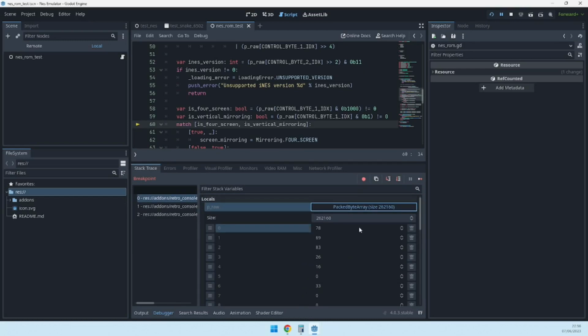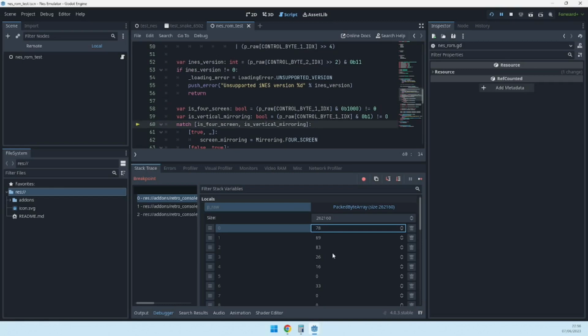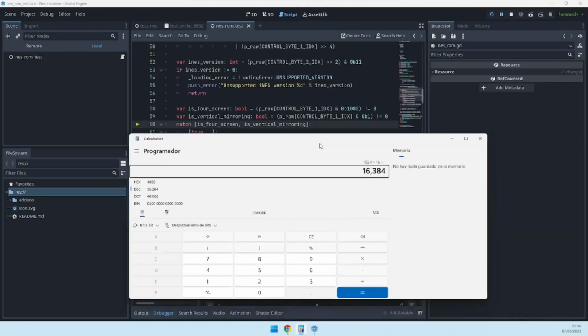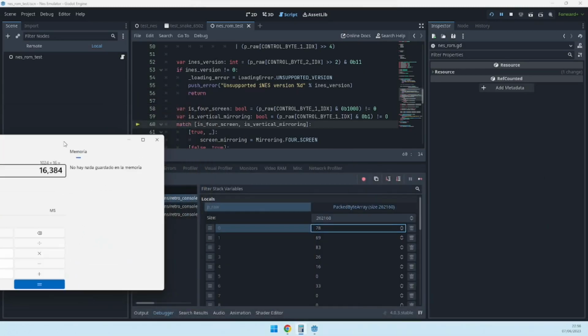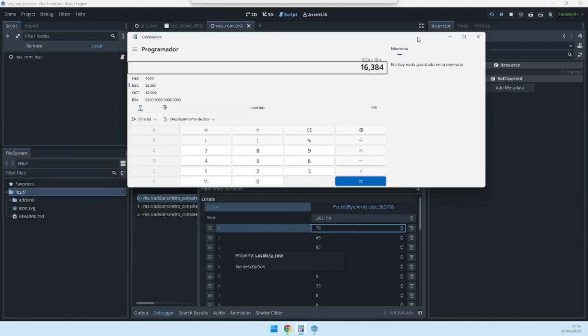I wish I could change the formatting of this. So we will have to use the calculator for this. And how do I handle this? Anyway, let's move this for now. And let's find what we want to check. So byte control is the 6th one and it's 33. And the 7th one is 0. So if I make it 33 on decimal,